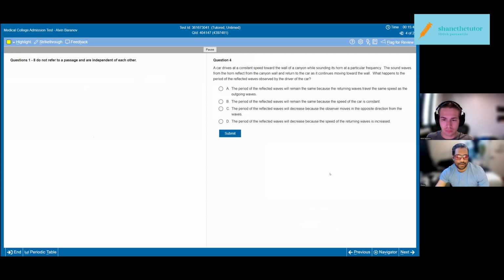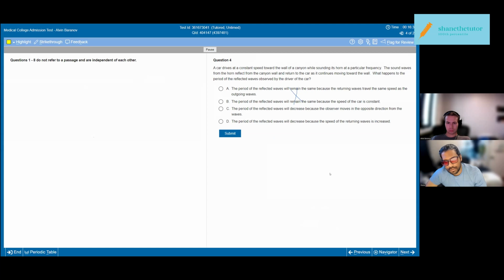Now let's think about period. What's period? Period is inverse to the frequency. So we should see the period go down. So maybe we can get rid of these. Now we have C: the period of the reflected waves will decrease because the observer moves in the opposite direction from the waves, or the period of the reflected waves will decrease because the speed, well,